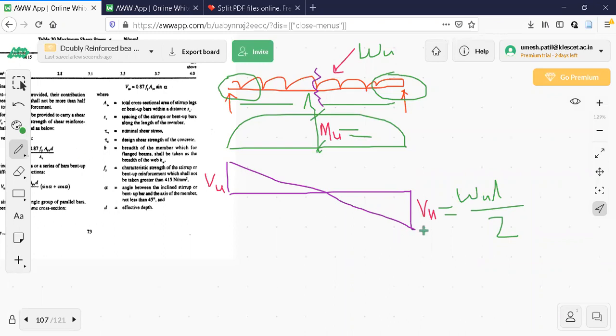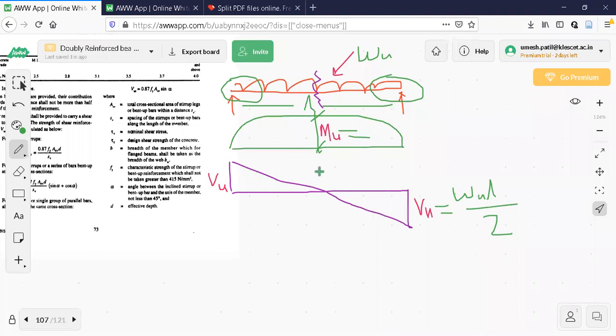But from strength of materials, I am able to find out the maximum shear force. So strength of materials gives me the maximum shear force near the support as WL by 2. This side also WL by 2. Since the shear force is maximum near the support, if the beam fails due to shearing action, it will be very close to the support. Again and again I'm telling, if the beam fails due to bending, it will happen near the center of the beam, or wherever the bending moment is maximum. So this is what we should understand.